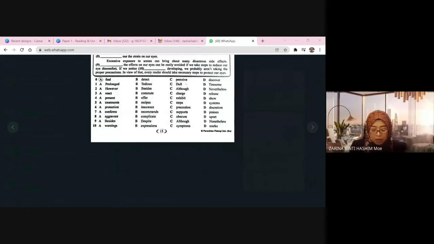Keep our screen about an arm's length, or 25 inches, from our eyes. If you're looking at your phone, make sure it is 25 inches away from your eyes. And then also it is important that we position the screen in a way that we do not produce a glare from sunlight. I mean, we do not stare at the sunlight.